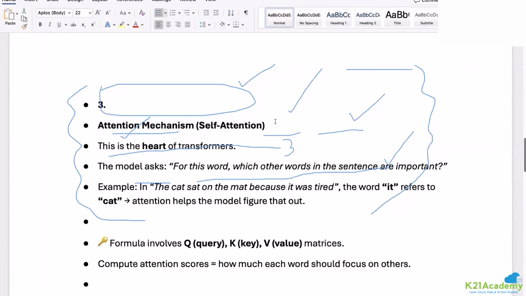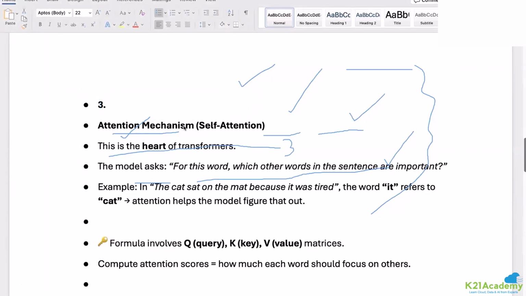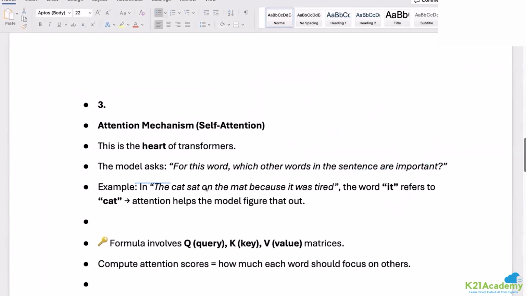For this word, sorry for that. Let me clear the screen. So you'll see that the next step is called attention mechanisms. You can take your screenshots. We'll also share this document with you. And if you